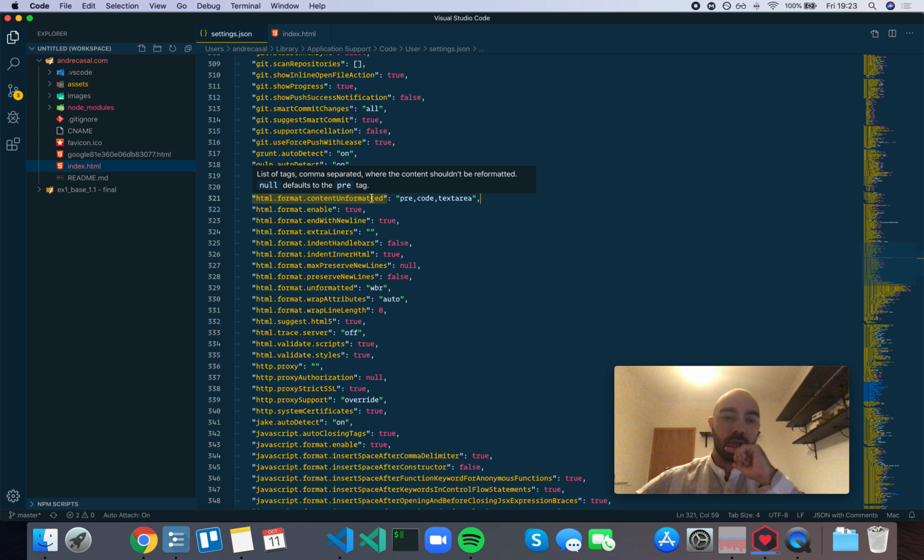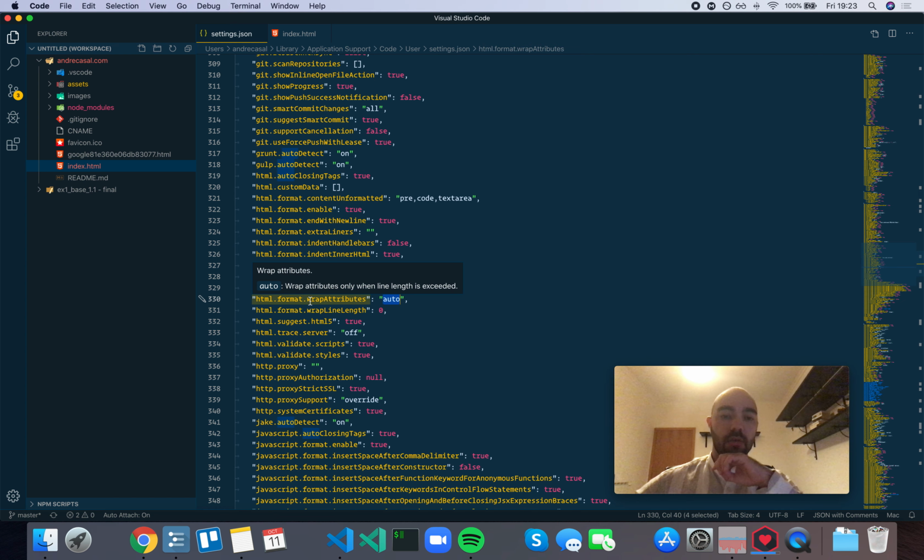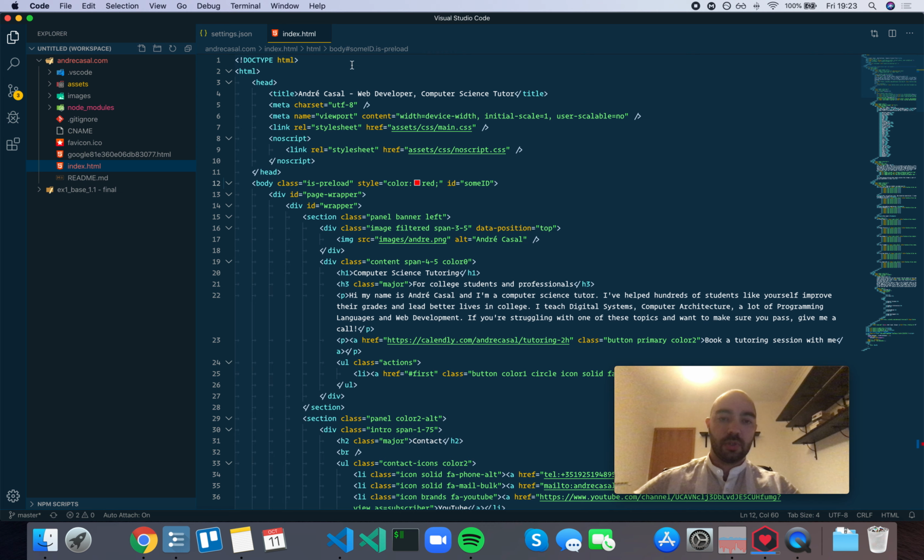So let me show you what that looks like. And it's much easier to show you what that looks like if we change this setting right here, which is the wrap attribute setting. So the wrap attribute setting, if it's set to auto, it's going to do what you would expect